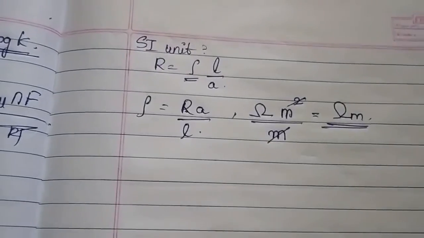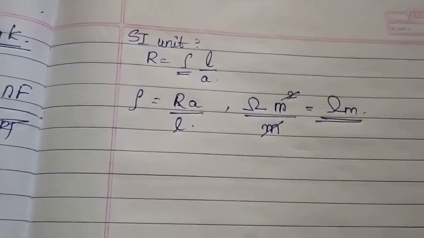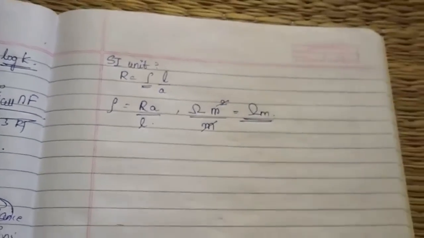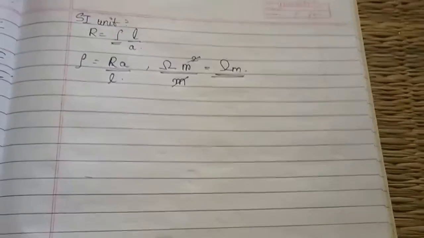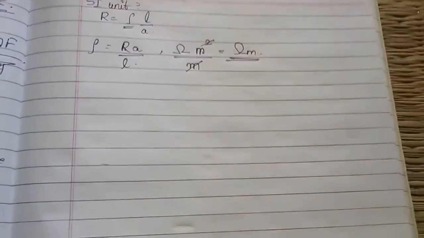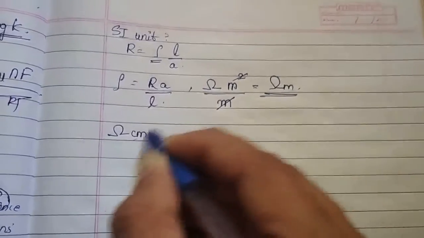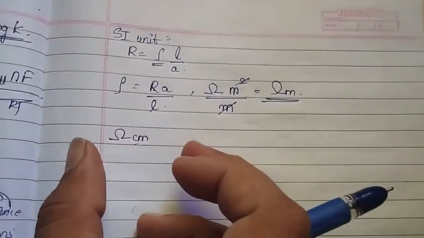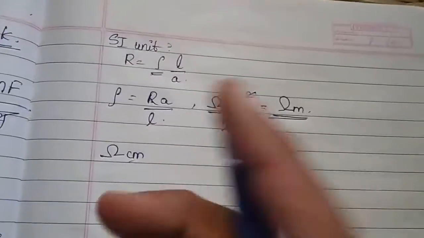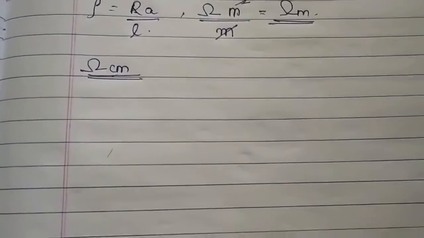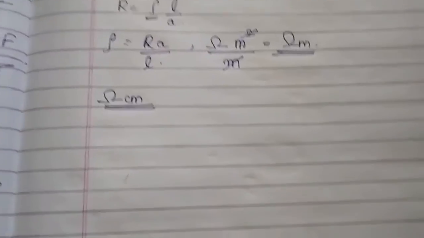So what is the SI unit of rho, or the SI unit of resistivity? It is your ohm meter. But in most of the cases in your practical classes, whenever we do practicals, basically we will be taking it as an ohm centimeter. Of course both are different, but in our calculations most times we take it as ohm centimeter. Okay, but whenever in the exam they ask you for the SI unit, it is better that you